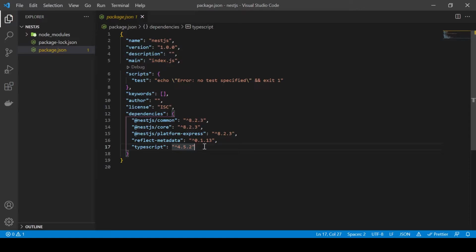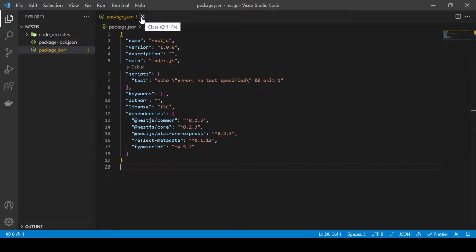But you can also use it with vanilla JS, as we saw earlier. So Nestjs is not imposing TypeScript on us, but it's actually a good practice. And every Nestjs project you see out there, most of them actually use TypeScript. So in order for TypeScript to be able to compile our code for us, we need to set up a